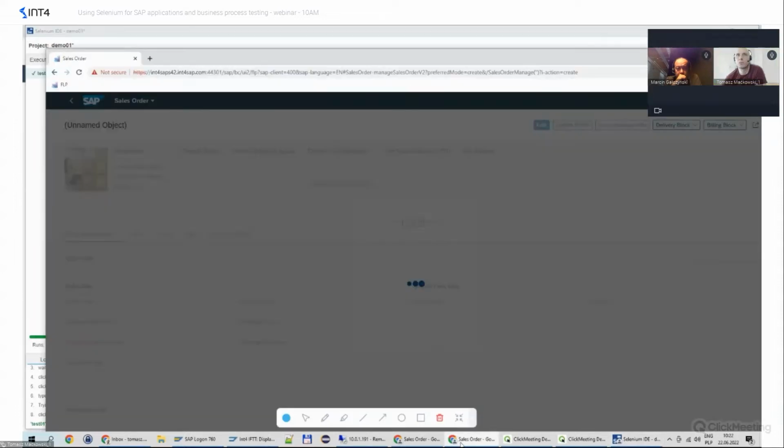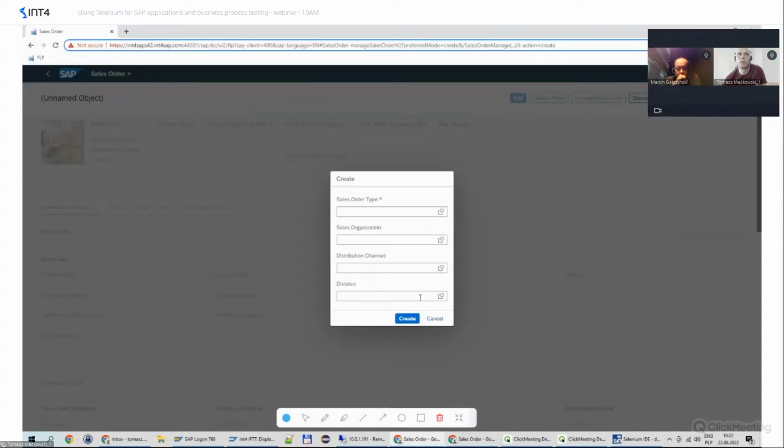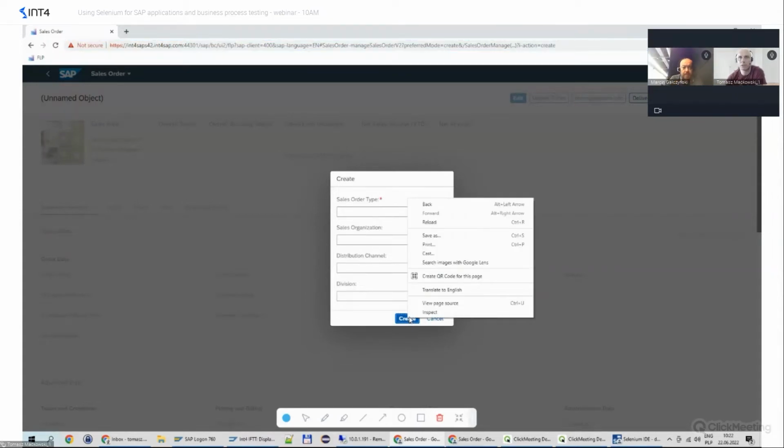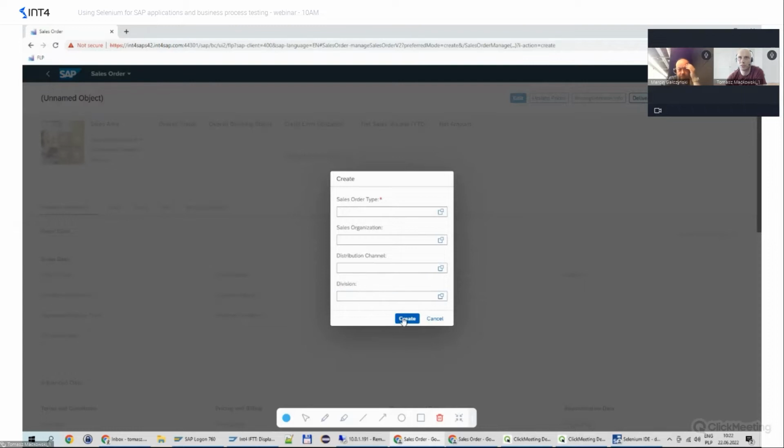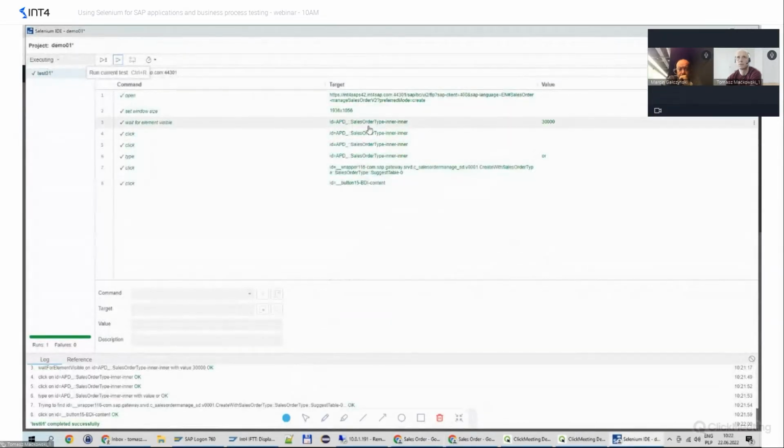The other example will be, for example, the control IDs. So Selenium is trying to identify all the controls by the unique ID, and some of the IDs in Fiori apps are so-called stable. So it means that they are always the same, and they are consistently named. And you can see, for example, this sales order input field, which is a sales order type. It's called like this in a standard app, and you can use it